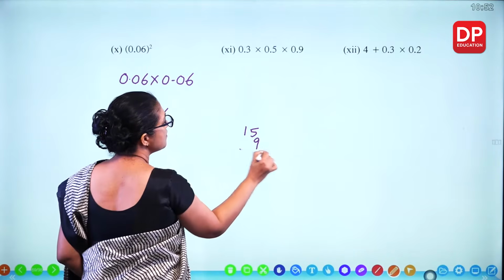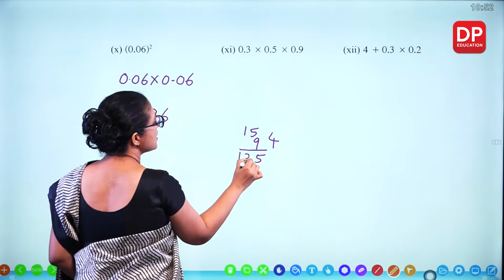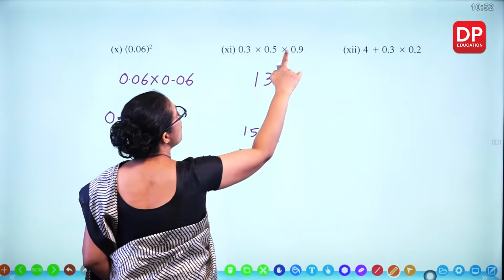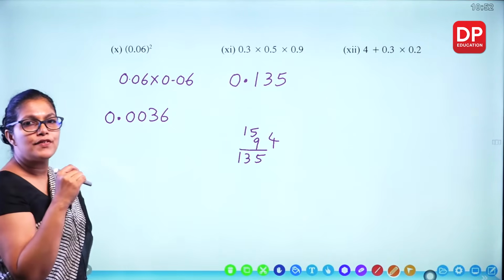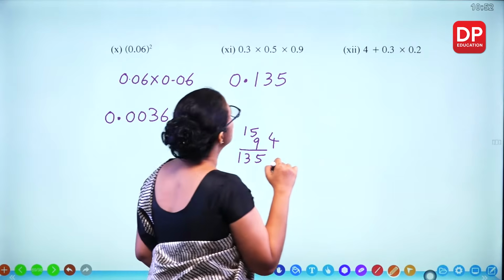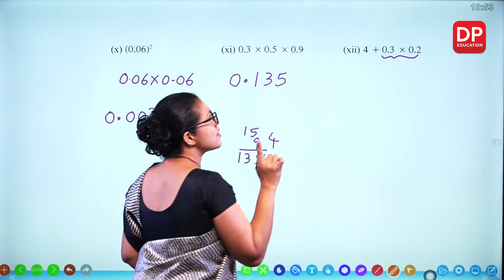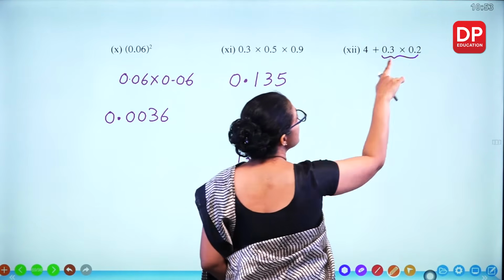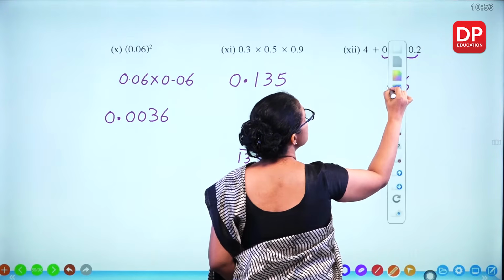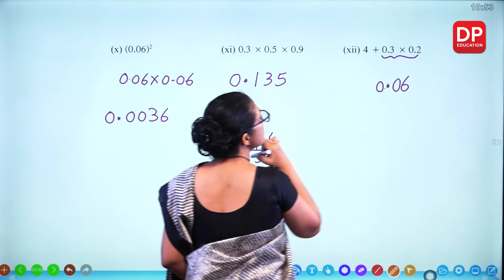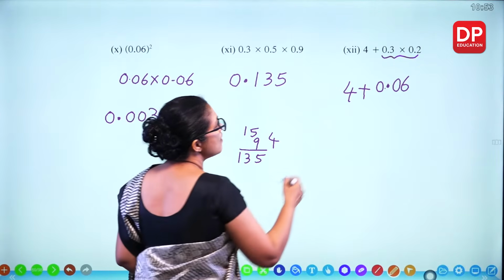This one, 3 times 5, 15. 15 times 9, you get 9 times 1, 9 plus 4, 13. 135. 1, 2, 3. 3 places you have to keep. So 0.135. This one, 4 plus. So we'll do multiplication first according to BODMAS. 3 times 2, 6. But 2 places you have to keep. This is 0.06. So 4 plus 0.06 is